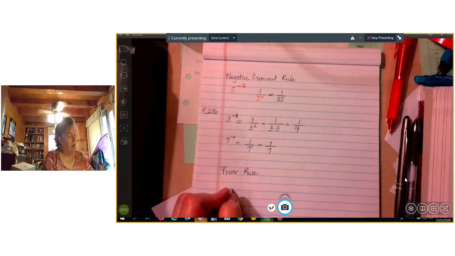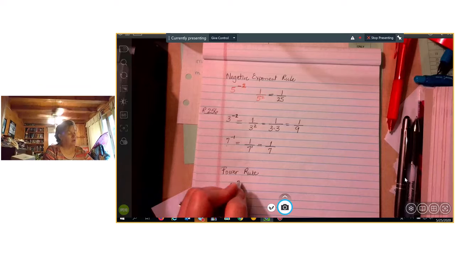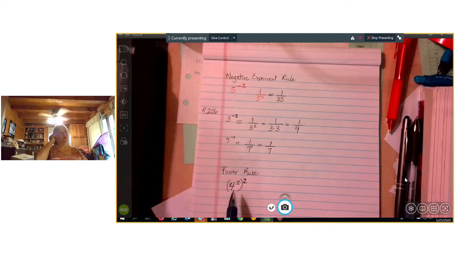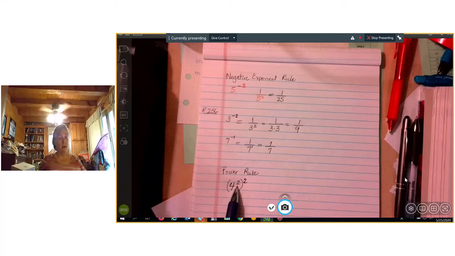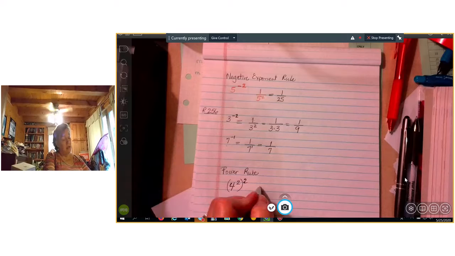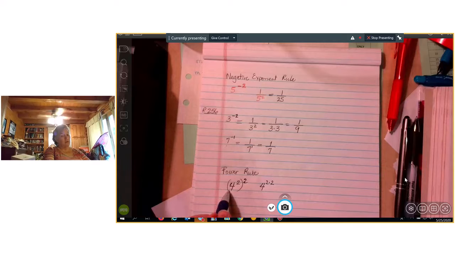Now, if I was to do something different, 4 squared, and then I was taking 4 squared and I was squaring it again. When we're doing the same base and we're multiplying, we know that we add. When I've got a base that's raised to a power and then that's raised to a power, this is called our power rule. So what we're going to do is take the base and then we multiply the two exponents together. So 4 squared squared